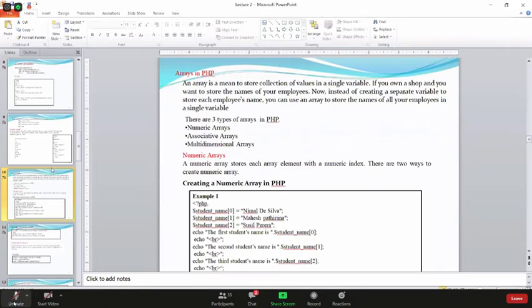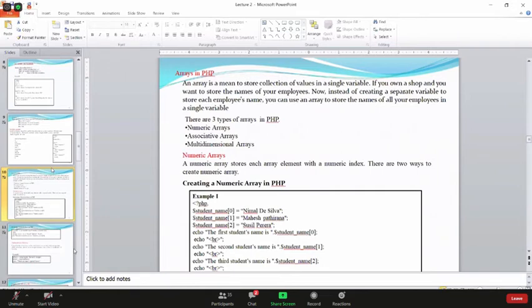If you have the same data type with different values, then instead of using different variables, you can use arrays. Say for integer values, if we have 10 integer values, then instead of writing variables A, B, C, D like 10 variables, we can use an array with one variable.